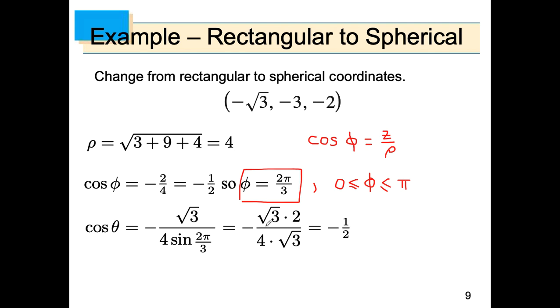Simply plug in these values. Rad 3 stays up here over 4, and sine of 2 pi over 3 is rad 3 over 2, so the rad 3 over 2 goes down here, but that 2 flips up to the top. Do some simple algebraic manipulation, and we end up with negative 1/2 here as well. And so basically our answer here is going to be either